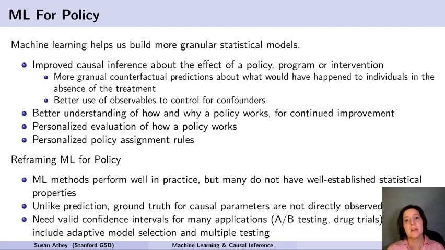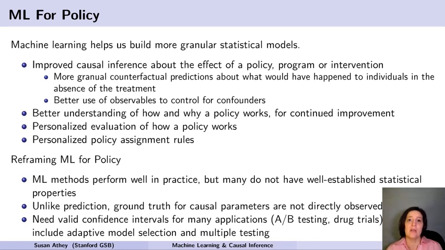A second thing is that we can actually understand better what works for whom and why. Using machine learning to understand the sources of heterogeneity in treatment effects can provide insight, and it also can allow us to better target treatments to the people for whom it works the best. That's, for example, estimating personalized or targeted treatment assignment policies. And by personalized here, I mean targeted to individuals' observable characteristics.